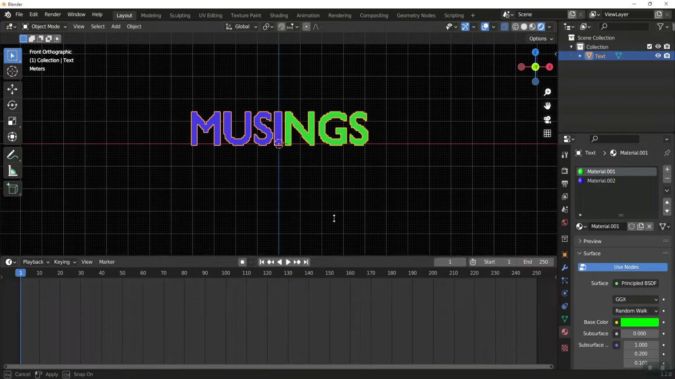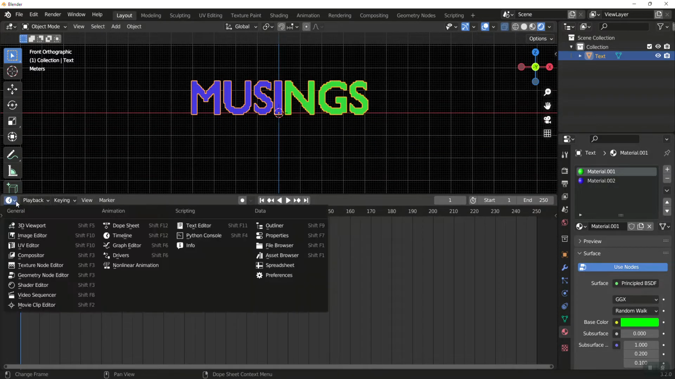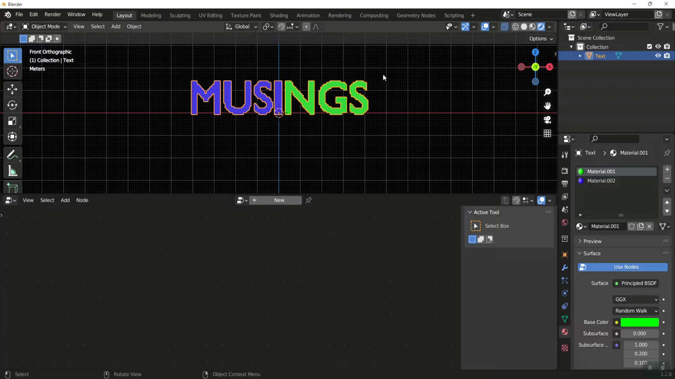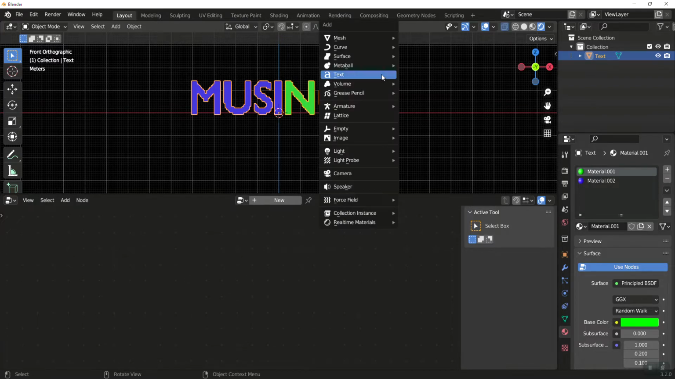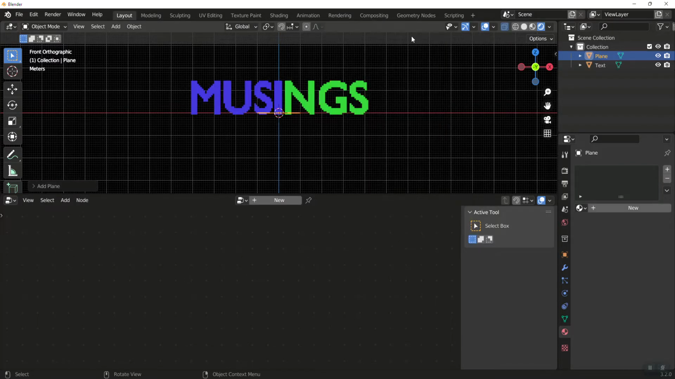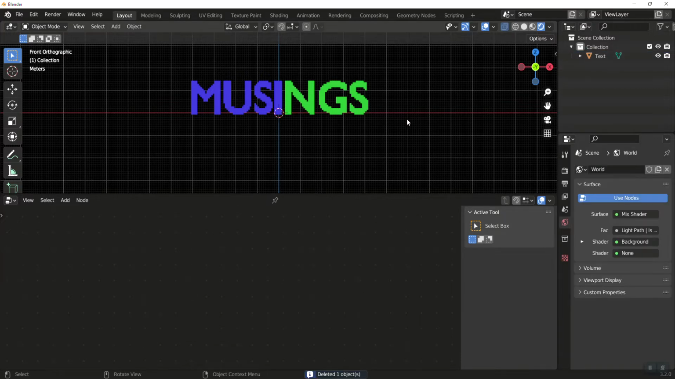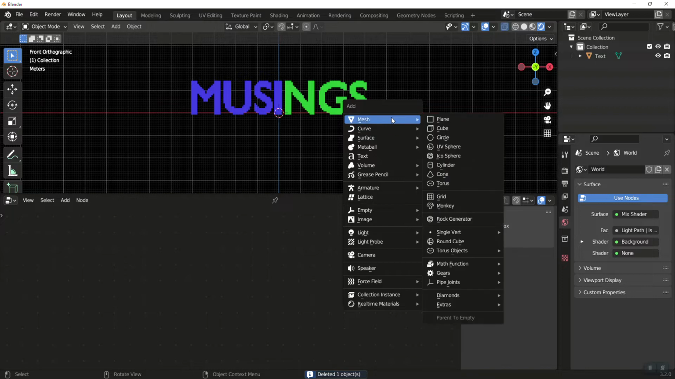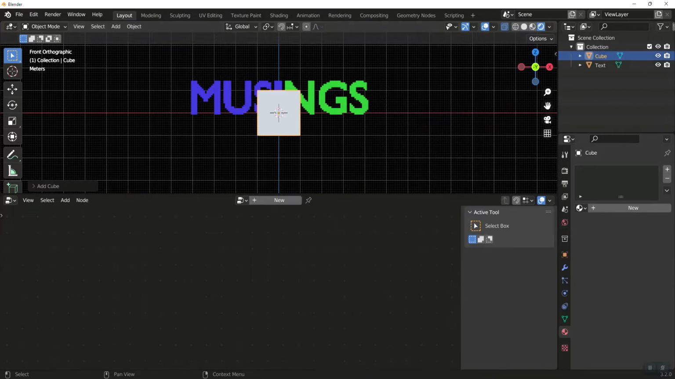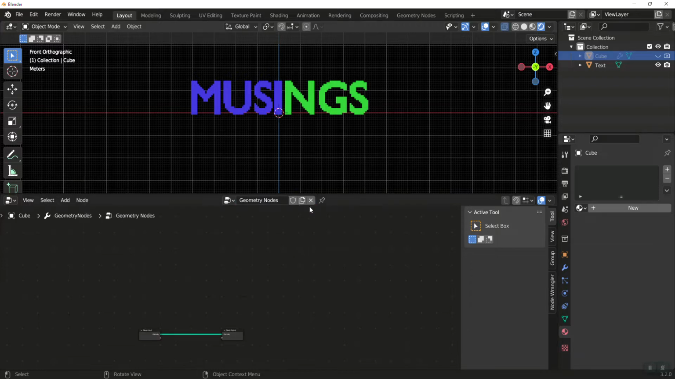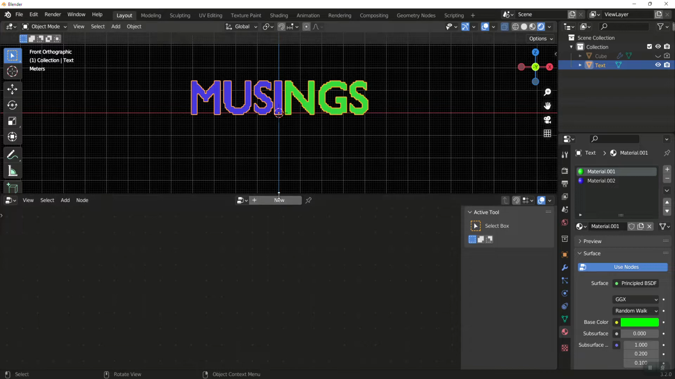So let's pull up our workspace a little bit. We're going to change over to the geometry node editor. We also want to real quick add a plane. I don't want to add a plane. I want to add a cube. And we're just going to hide that guy right now because we don't need to see him yet. So let's select our text, make sure our text is selected, hit new geometry,